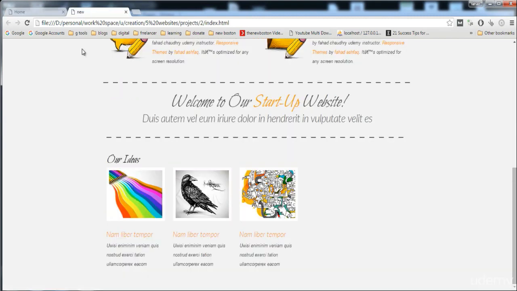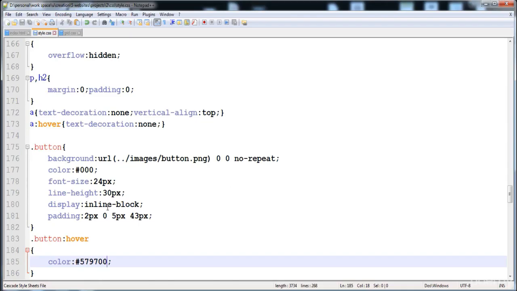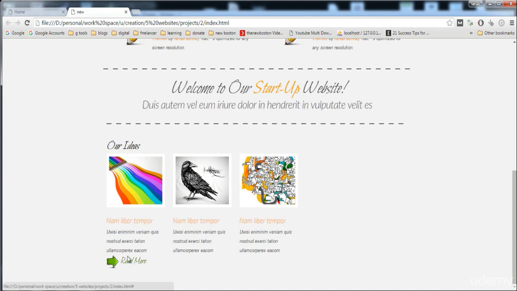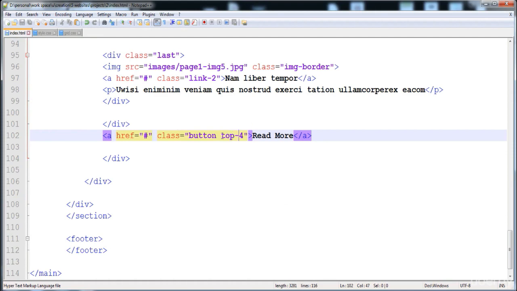So now here it is inserted, and now we have to give it the font size, font family, and then we have to give it the margin on the top side. And here I'm going to provide it font family first, Bilbo, and then let's render it, and then I'm going to apply the margin on the top side, so a